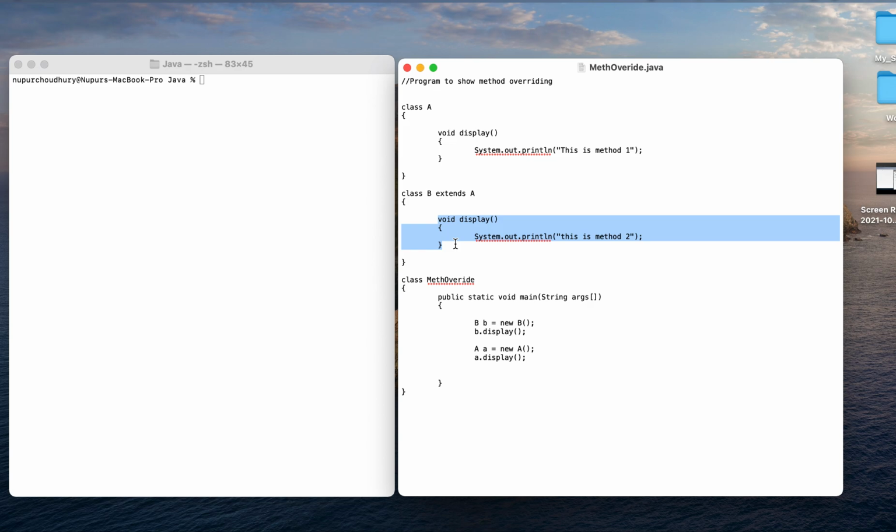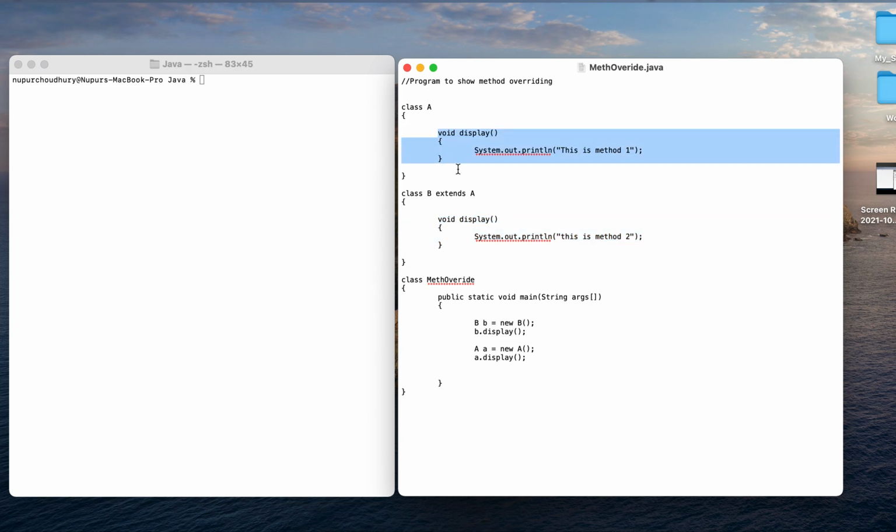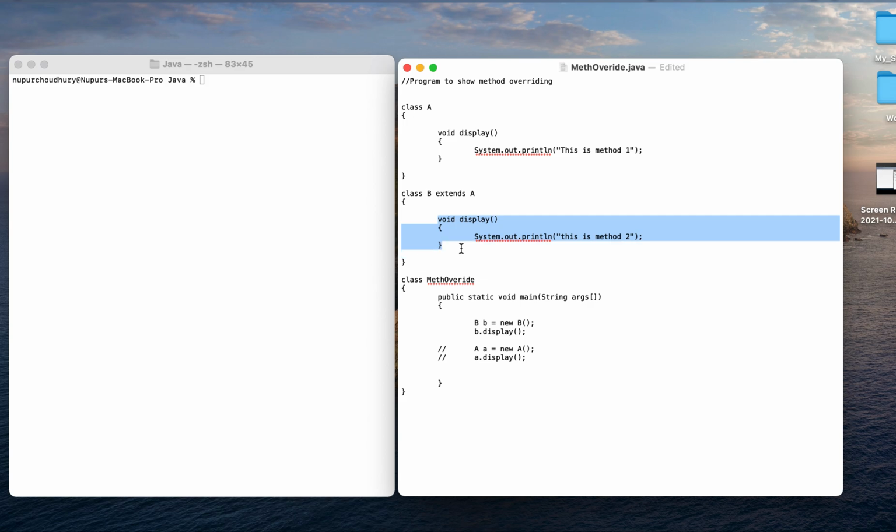Now, in order to call the parent class methods, I have to create an object of the parent class and then use that object to call the different methods. But there is another concept which is related to it. If we do not create the object, then also it is possible. So how is it possible? I can call the method using the child class object.